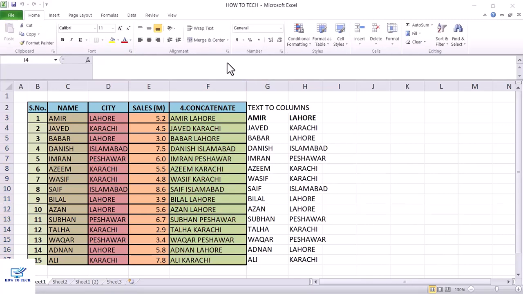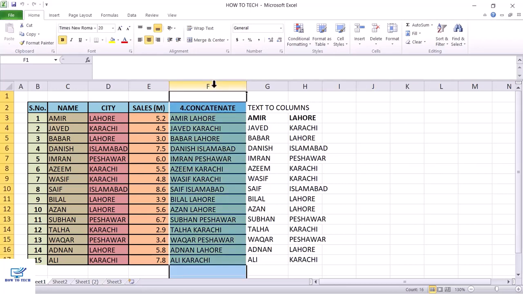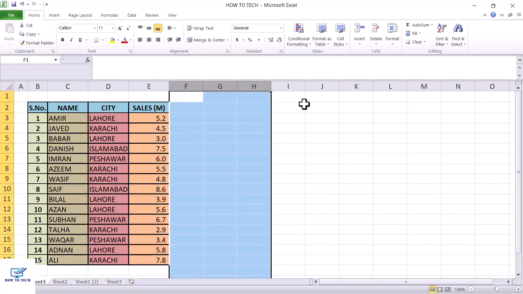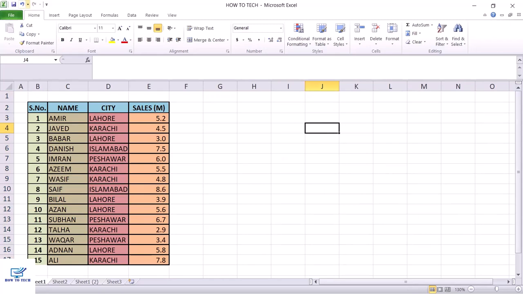And viewers, our next formula is very important and it may be called the hallmark of Excel. The next formula is VLOOKUP. To apply the formula, first we will delete these columns, Control minus, and the columns are deleted. So as I have said, our next formula is VLOOKUP,